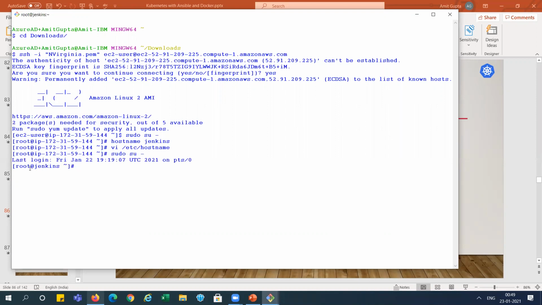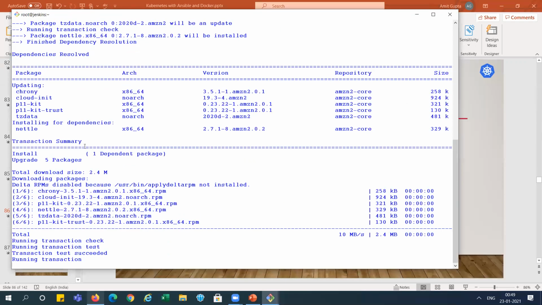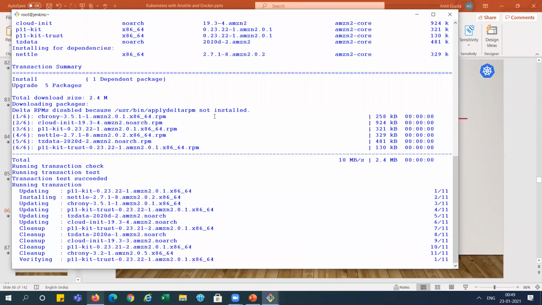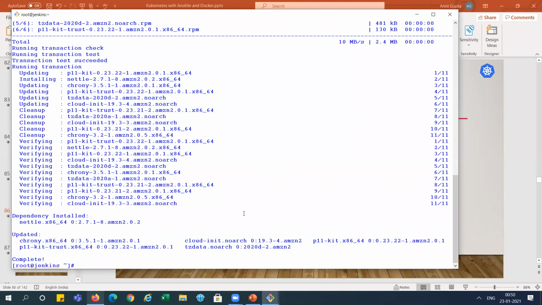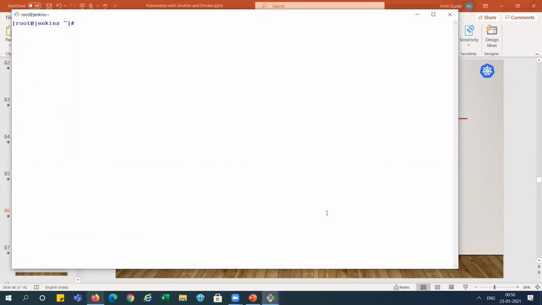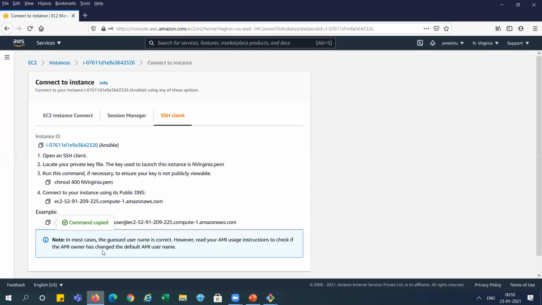You can see it is showing Jenkins, right? Now I'm updating all the packages here. This Jenkins system is going to be ready. Now I will go and connect with the other instance, the Ansible one, right?